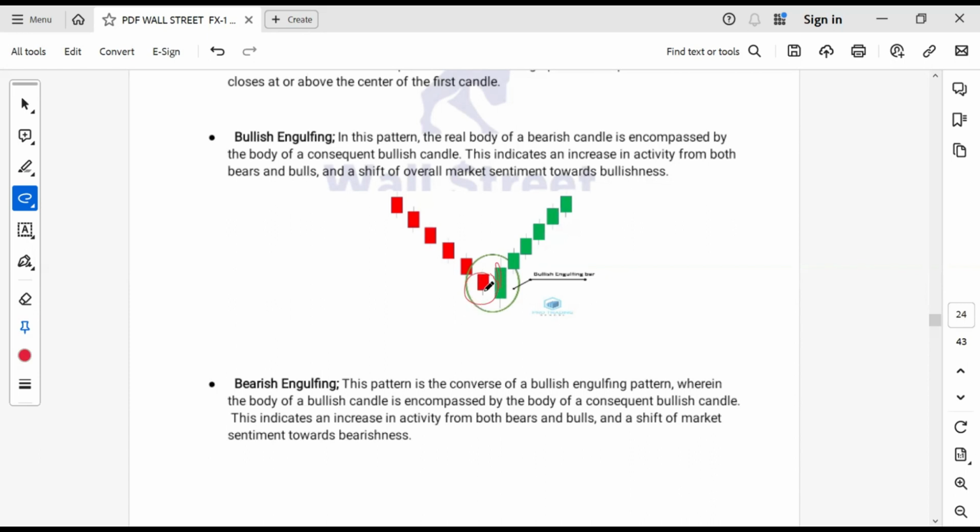If you had to give a support behind it, there were some sellers somewhere here, but buyers took over. When buyers took over, they were able to do what? Dominate and even surpass this small red candle here. So this is the bullish engulfing. Now for bearish engulfing,